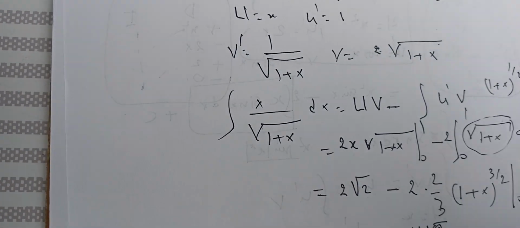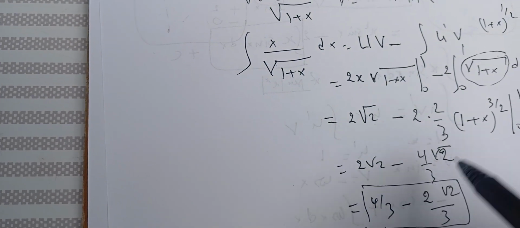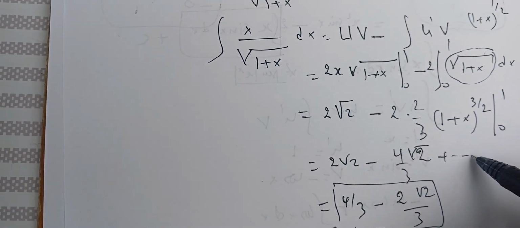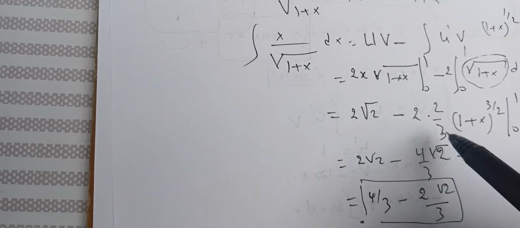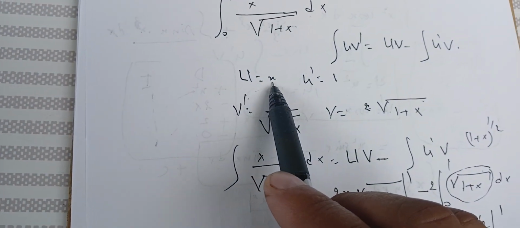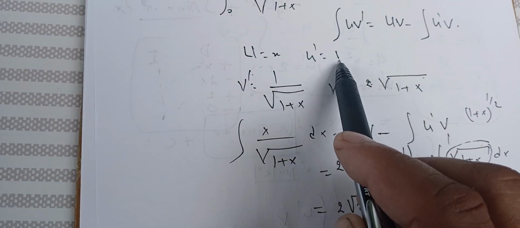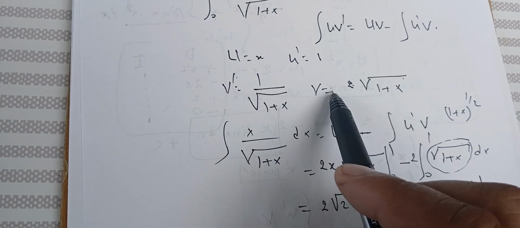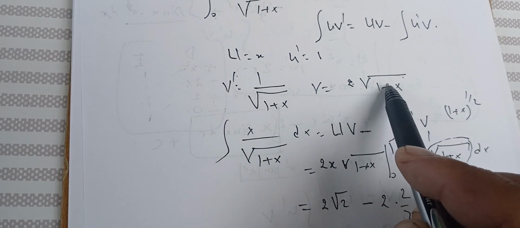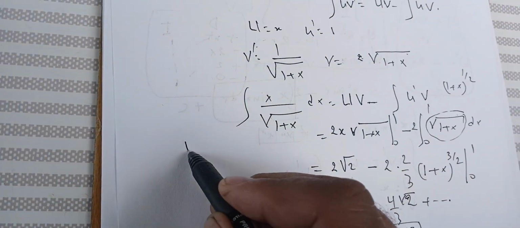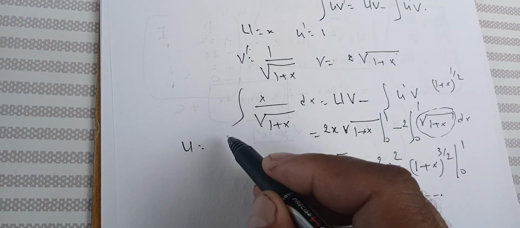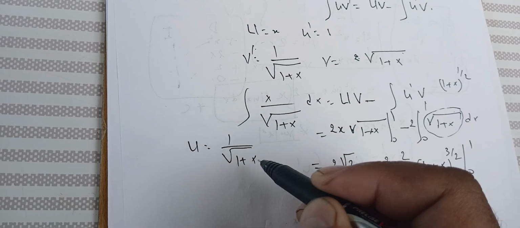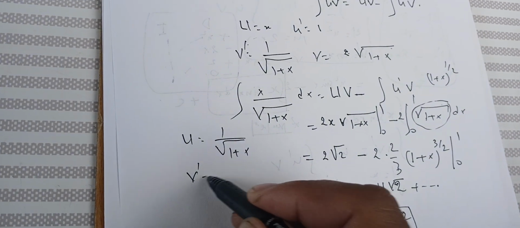Okay, and now the other way around. This is the value that I get after simplification. So this is the value that I get if I choose u as x and u prime as 1, and v prime as 1 over the square root of 1 plus x and v as 2 square root of 1 plus x. Now if I choose u as 1 over the square root of 1 plus x and v prime as x,